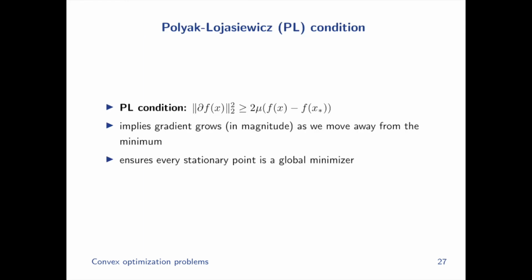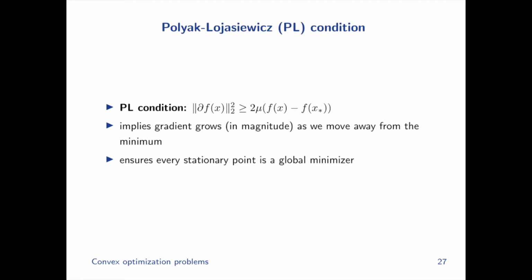Okay, the second condition that we're going to look at is called the PL condition. Now, it's a condition that is quite common in the literature. That's why we present it here. But it's a condition that is a bit strange, so let me unpack it for you. What it says is there is a constant, which is in some sense analogous to the strong convexity constant, that lower bounds the squared magnitude of the gradient in the Euclidean norm by the suboptimality of the function. Okay, so what this says is that the only points at which the gradient is 0 are the global minima. Okay, so